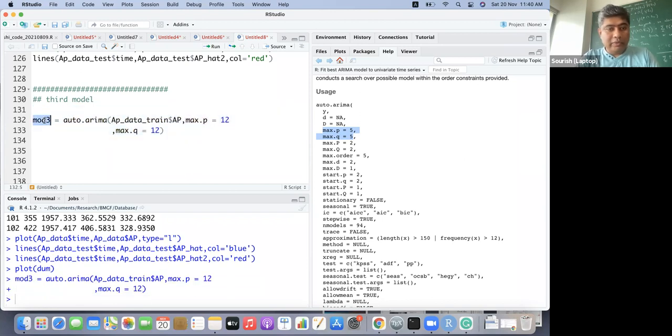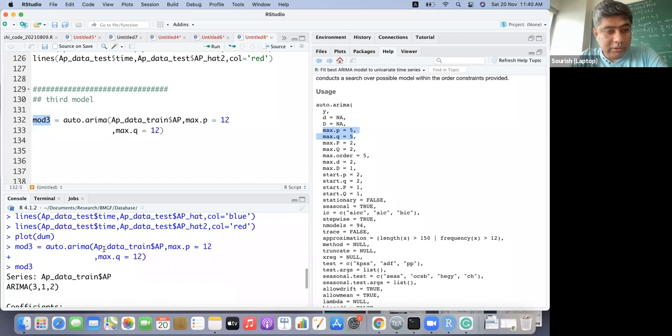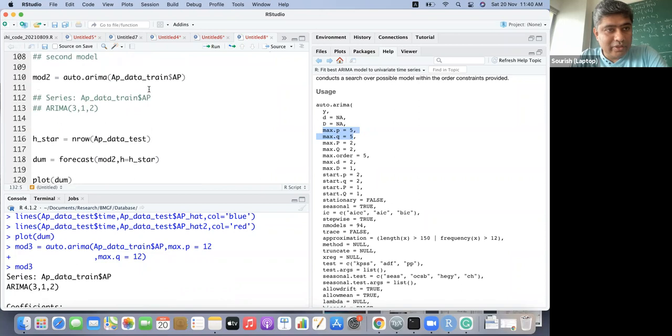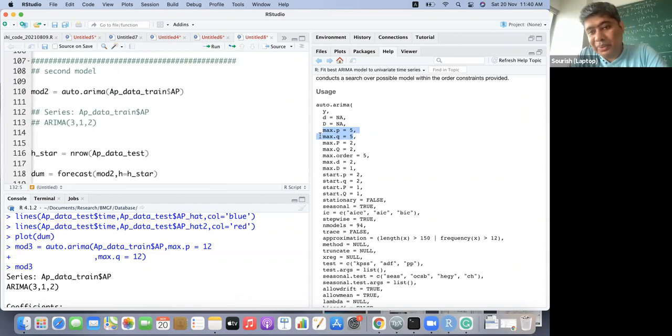And what model is it still picking up? This 312, right? Which was the previous model.